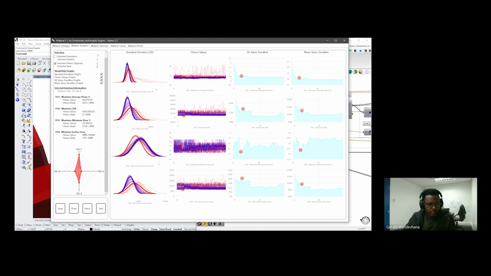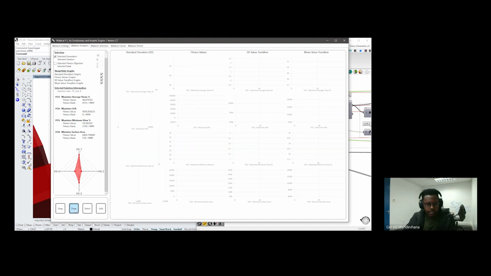Then on objective 4, it's ranked 578 out of 5,000. But on objective 1, it's 4,200. So it's almost towards the bottom side of objective 1. So that explains how you can basically see these different